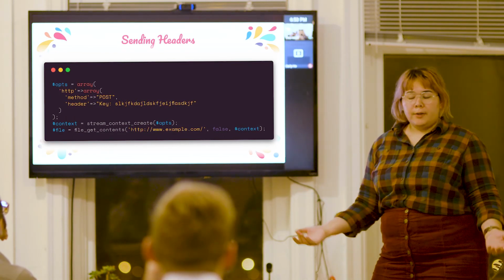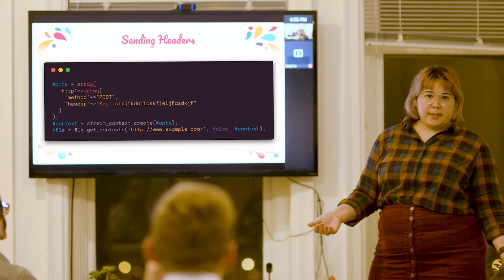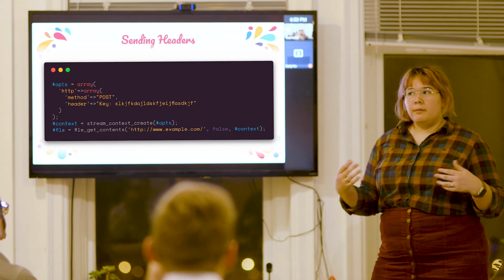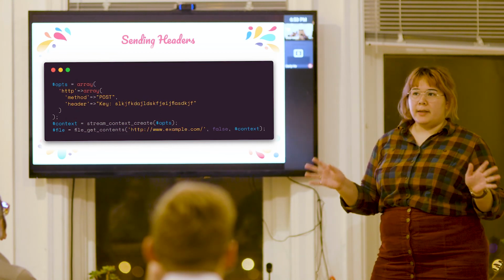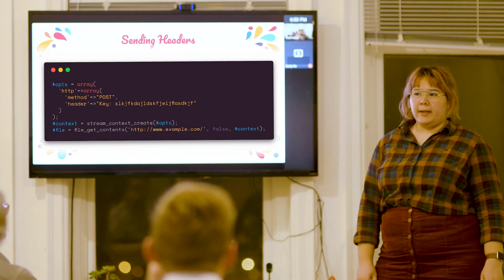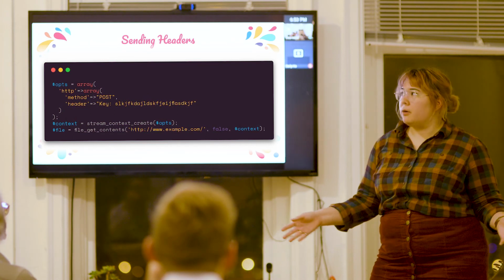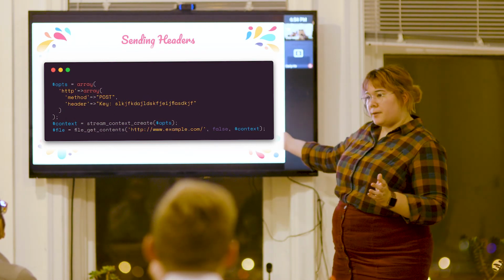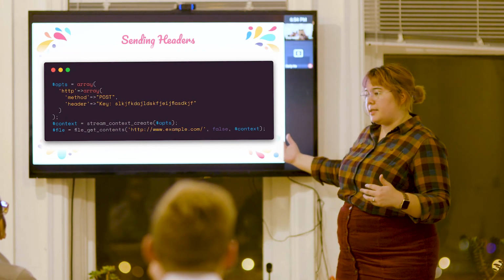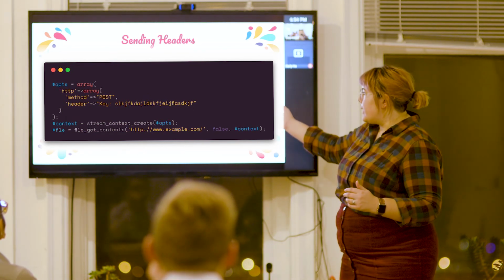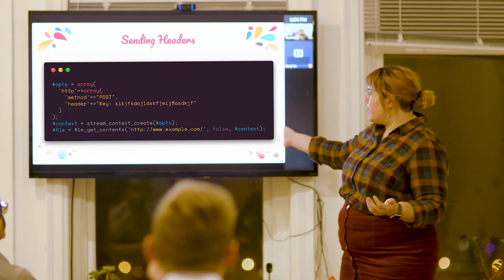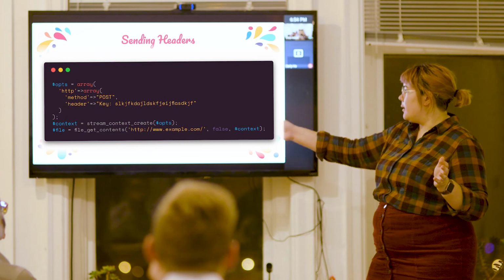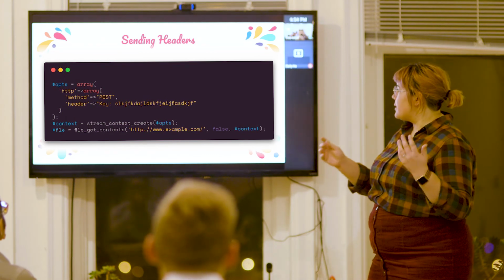So if you're loading a normal web page, usually it'll load the content type, which will be like some kind of HTML format, whether that's XHTML or HTML 4.0 or whatnot. So in this case, we are telling it that the method is post, which tells it how to process the data sent to it, and that the header that we want to send with this, which is usually something colon value. So it's the key,